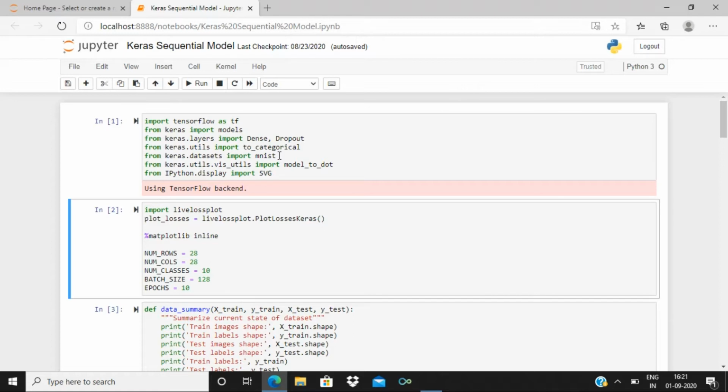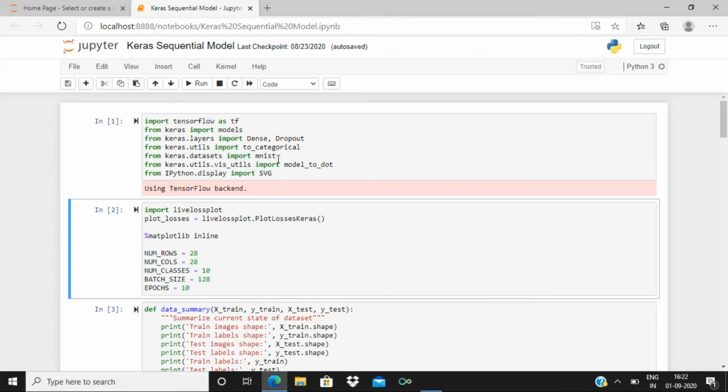Now we start by importing all of the packages we need. From Keras, we'll import models, and we will require the Dropout layer as well as the Dense layer, and we have to convert some of the values in the dataset to categorical. So we'll be doing one-hot encoding, and to do that we'll import to_categorical from keras.utils.